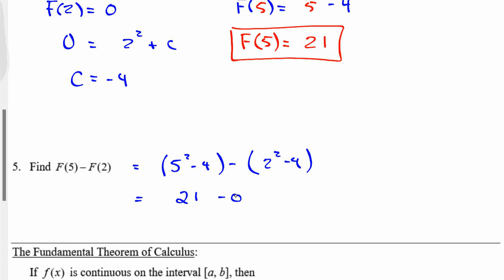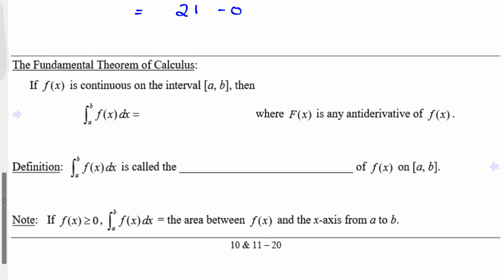Now, suppose I hadn't found the c value, but instead I just kept that as a c. Would it still be 21? Yeah, so it doesn't even matter what that is. It's always going to cancel out, which will save us a little bit of time and